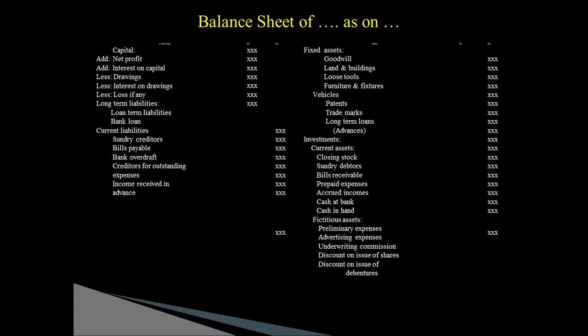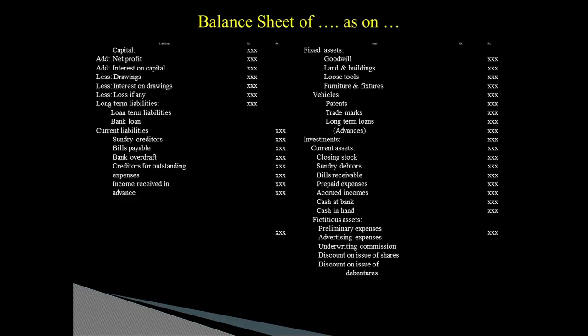On the asset side of the balance sheet, first we have to write the fixed assets one by one, and next we have to write the current assets. Current assets means the assets which are easily converted into cash. Under the current assets, we have to show the cash in hand, cash at bank, sundry debtors, bills receivable, closing stock, prepaid expenses, accrued income, and next to that current assets, we have to write the